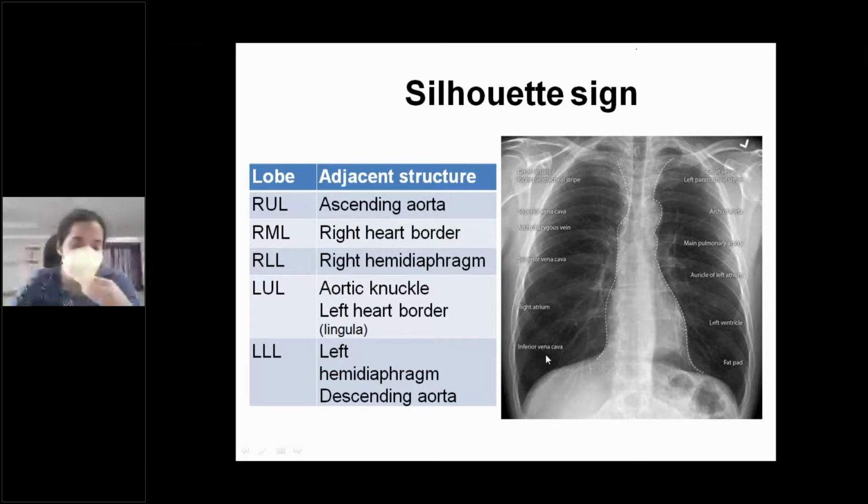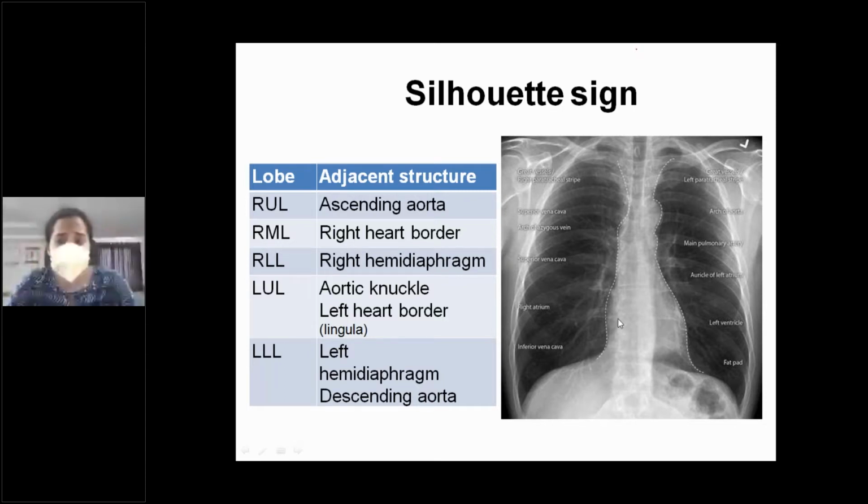Say, for example, if there is a right middle lobe collapse, the complete lobe has collapsed, and there is no air getting into it, and it is so much opacified and seems white on the radiograph. When it comes in contact with the right heart border, you can no longer visualize the right heart border. Then you can call it loss of Silhouette of the right heart border, and that is called Silhouette sign positive. You might have a doubt: when there is loss of Silhouette, why is it called Silhouette sign positive? But that is how it is, and I already told you it is a misnomer. So you can just go by that.